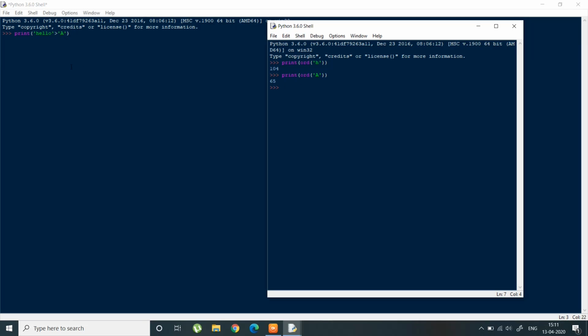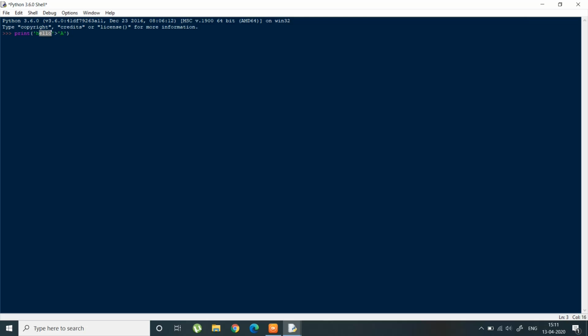So the string hello has the greater value because it just neglects all the other characters except the first one, in this case h and in this case A. So 104 is greater than 65, so it will print true. Let's take another example of less than. So now let me take any string. Let's say it is starting with d, and then anything you want to write, and then the less than sign, and then let's take this time z, and then the string.